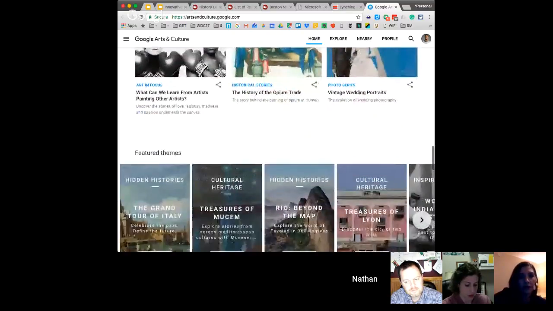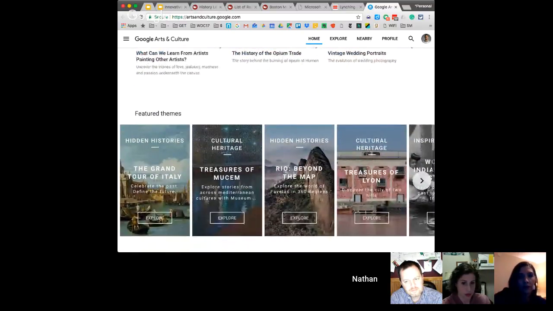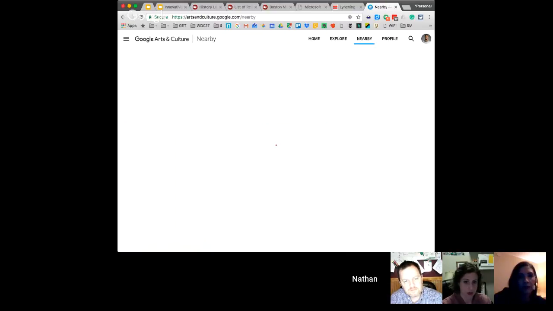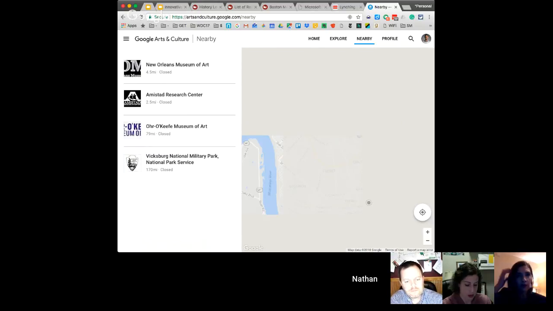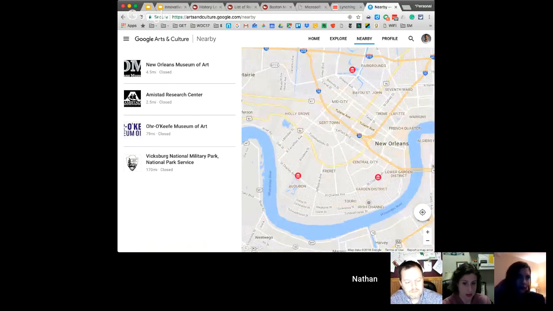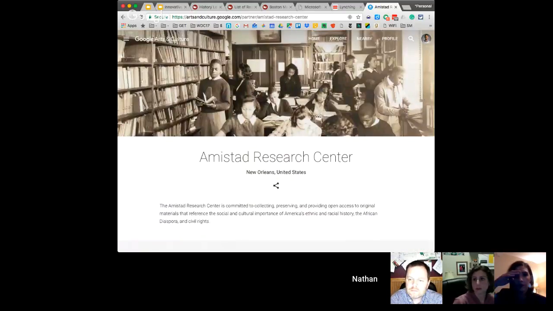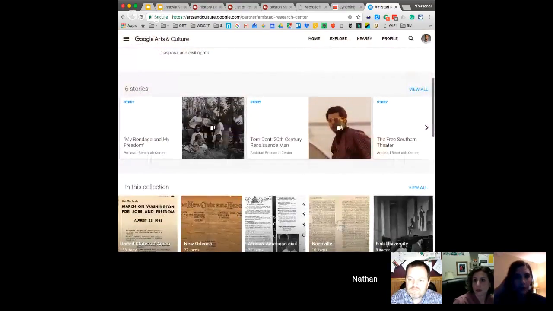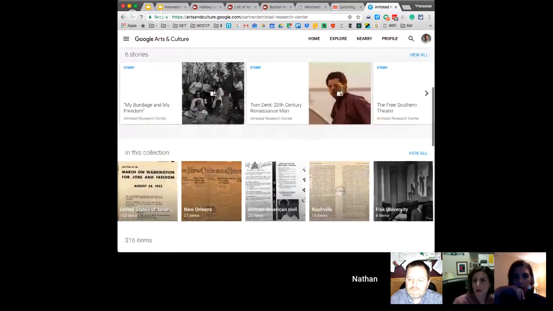So if I pull in here, I'm actually going to click on nearby. I want to find some items that are near where I am here in New Orleans to demonstrate how you can use this. And you can see it pulls up a map. It's got some locations. I can look at what the Amistad Research Center has for artifacts. And they curate stories in addition to having the individual artifacts themselves. So if I want to pull up